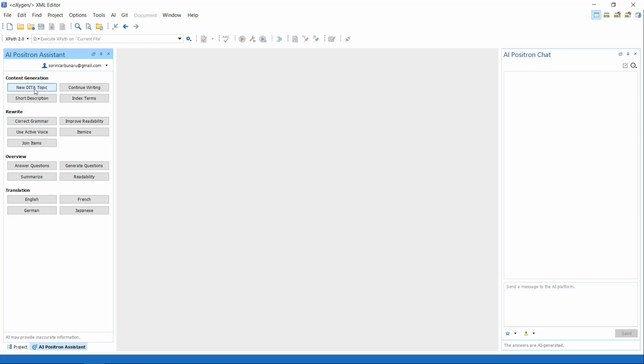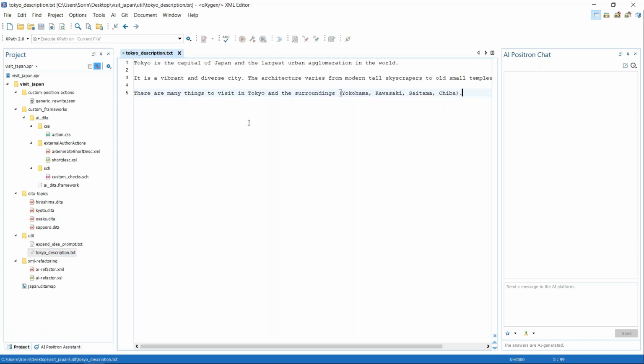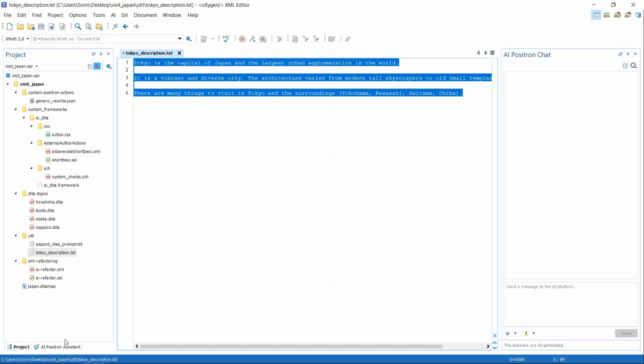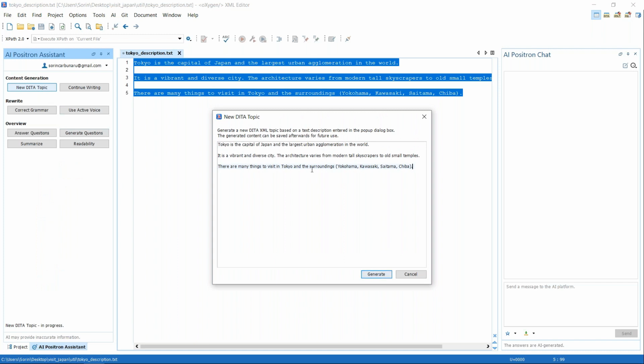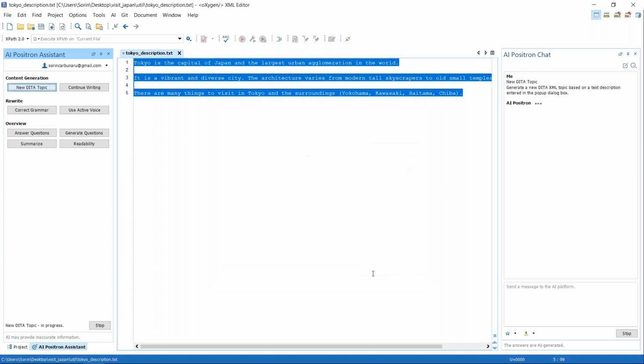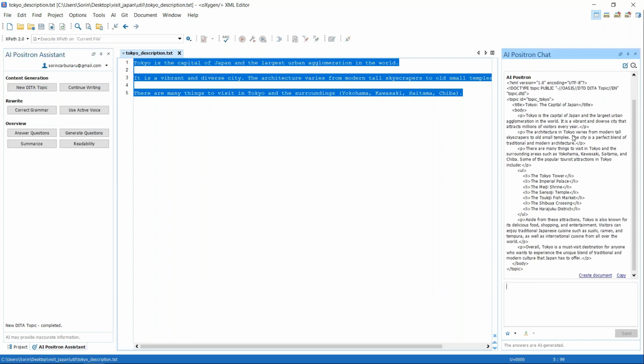So in the content generation section, we have this action that will create a new data topic for us, starting from a word or maybe a sentence or a couple of sentences. For example, here I have a few sentences about the city of Tokyo. And when I invoke the action, because I have this content selected in the back, it is copied in the dialog box. And once we click generate, we can see here in the Positron chat panel that the AI has started